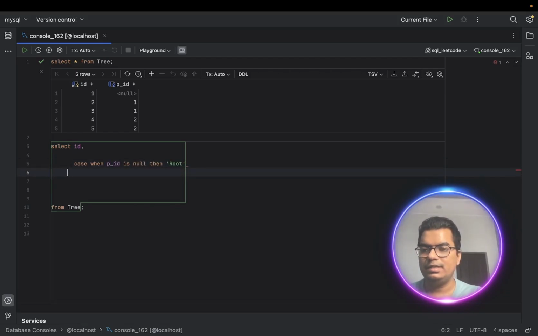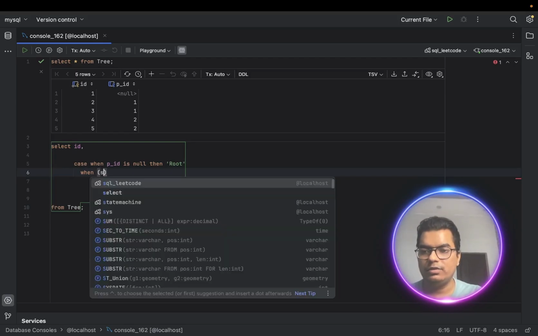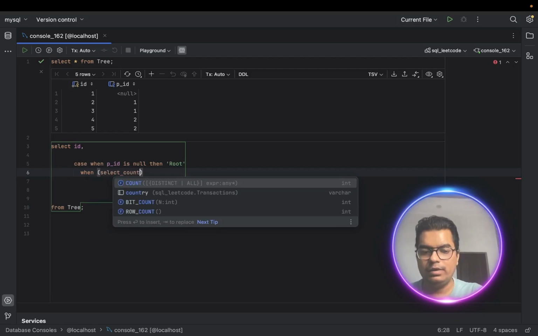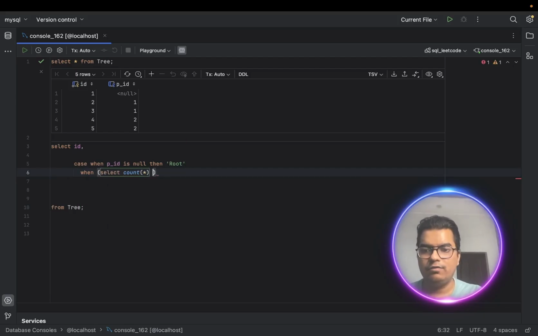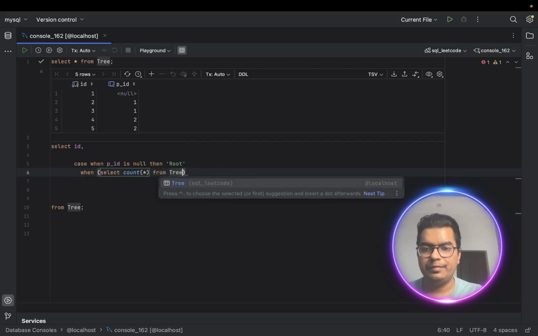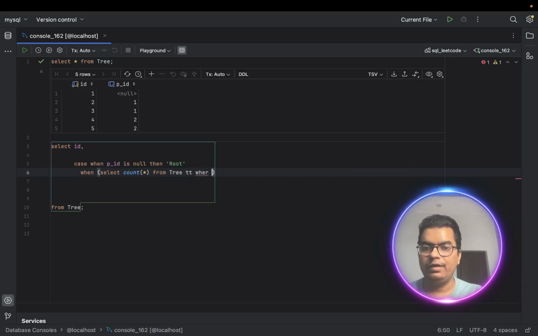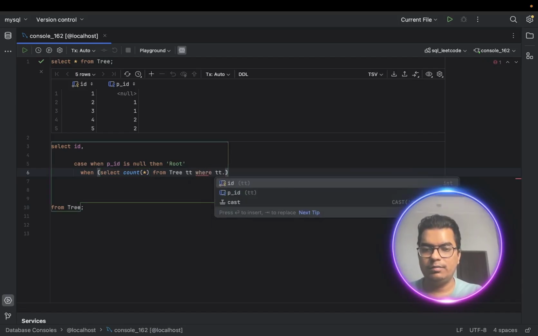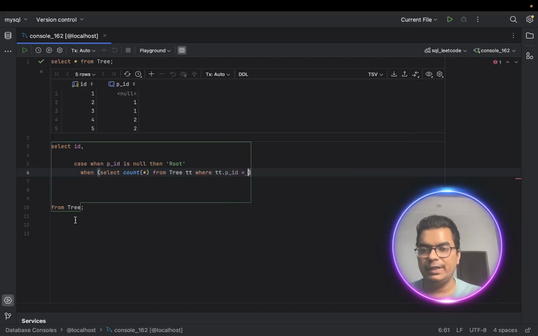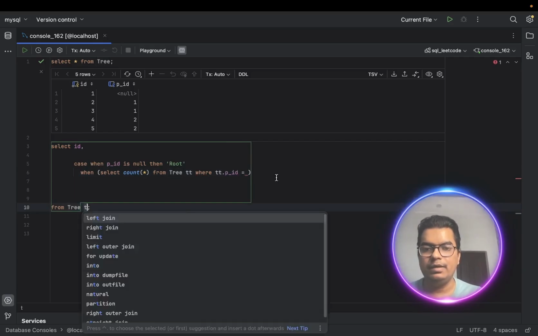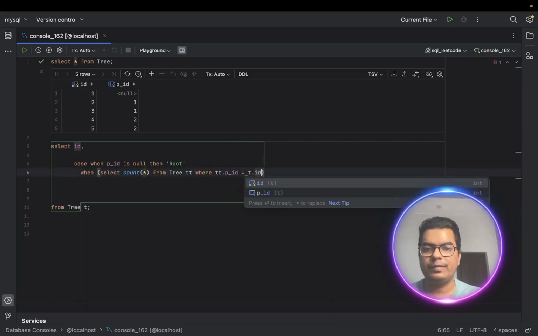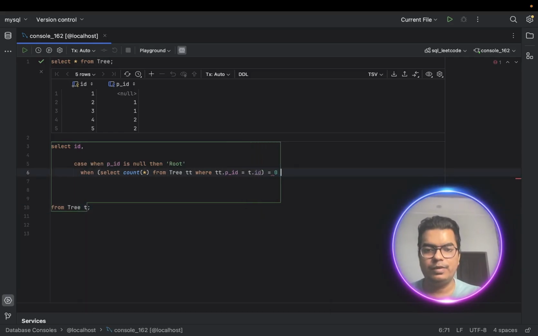The second case is when the count of these IDs in the whole PID column, we have to fetch first. So select count star from tree tt where tt.pid equals t.id, the ID from this main table t. If this is 0, then it's a leaf,